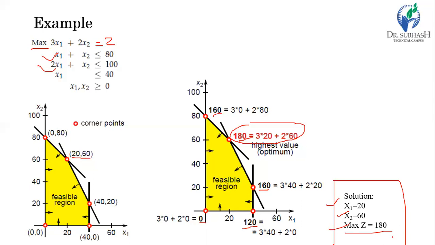So in this way, systematically, we can calculate the objective value of the objective function where the given conditions and constraints are satisfied. That is all, friends. We have completed the solution of this given LPP with the help of the graphical method.